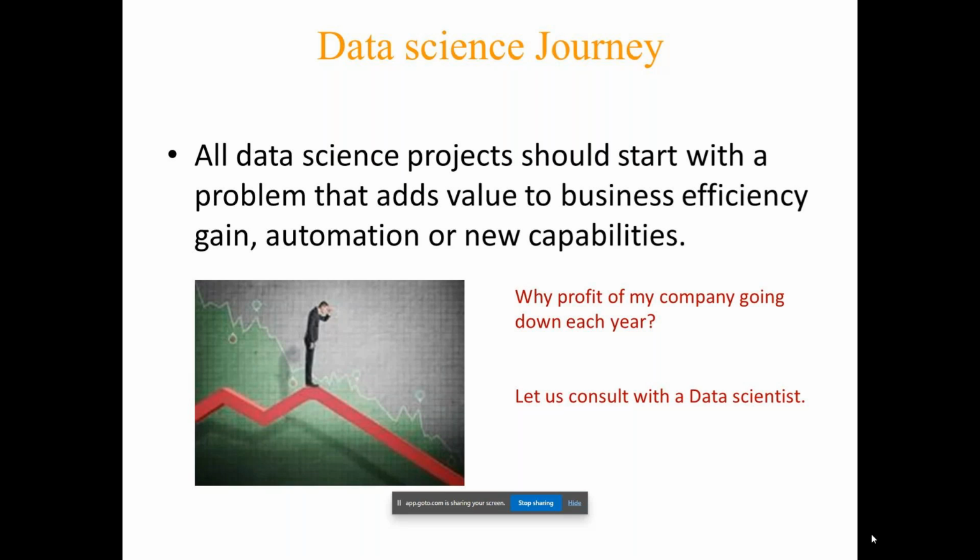So what kind of live examples can you say? The company wants to know what is going to be next year's sales, so accordingly they can plan their raw materials. Why is the sales coming down? Why is it a declining trend? For that, they can approach a data scientist to know the reasons. A company wants to reduce the manpower and they want to automate it. How? They will ask the data scientist. The best example is